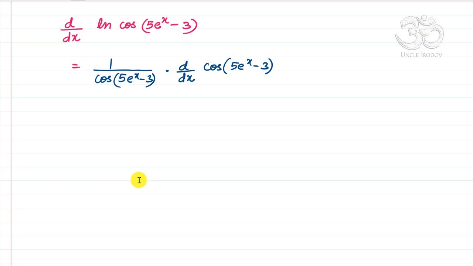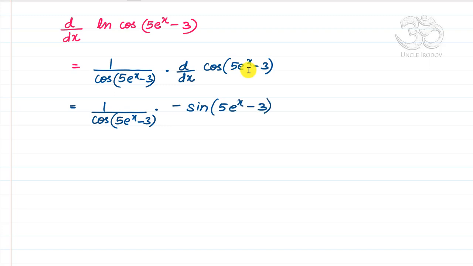Minus sign, correct? So you have minus sine of 5 e power x minus 3 divided by cos anyways, so I'm saying this is divided by cos of, or if you want me to keep it separate, I'll do that. So this will be 1 by cos of 5 e power x minus 3, and the derivative of cos of something gives you minus sine of that very thing, so 5 e power x